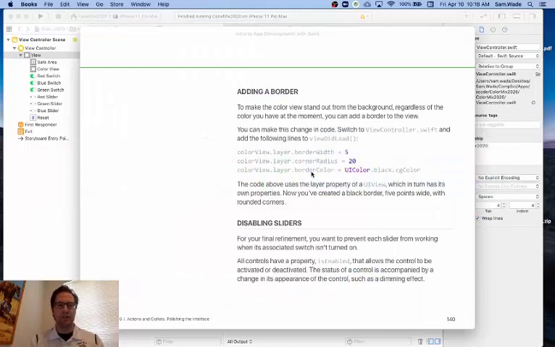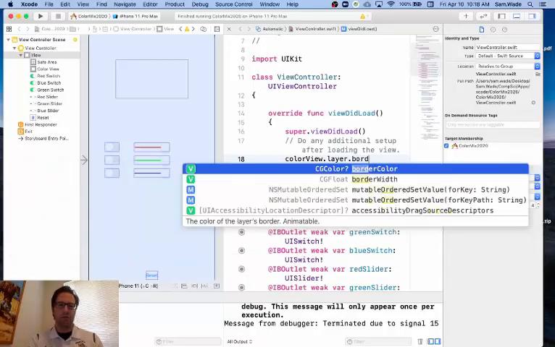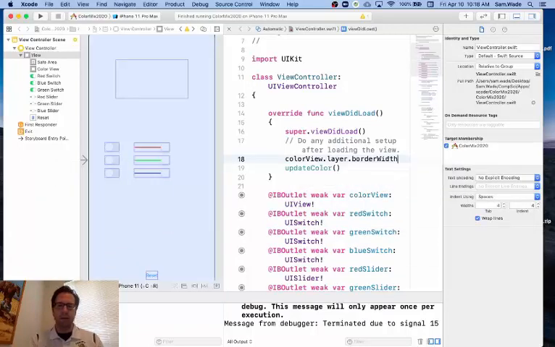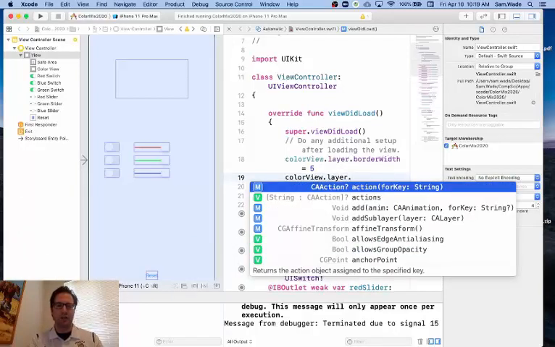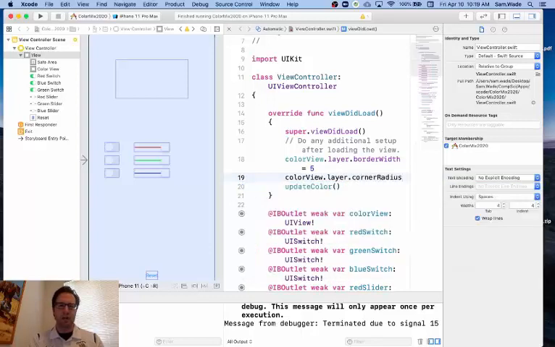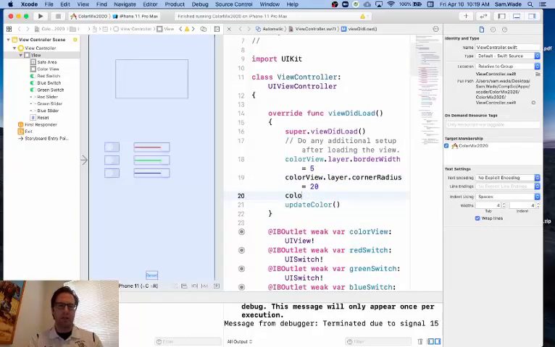So the first part is the border width. So color view, that's the name of our view dot, and then we're doing everything with layer and border width. We're going to set that to 5, and then color view, layer, and then this is the corner radius. Corner radius, we're going to set that equal to 20, and then color view, layer,